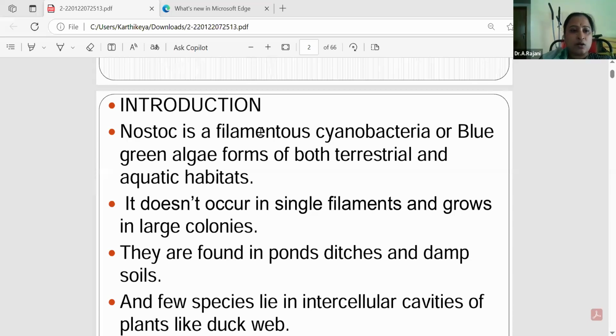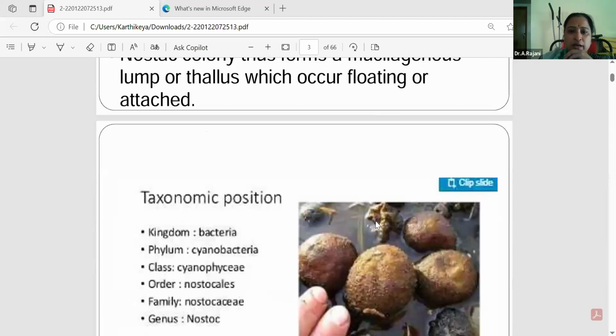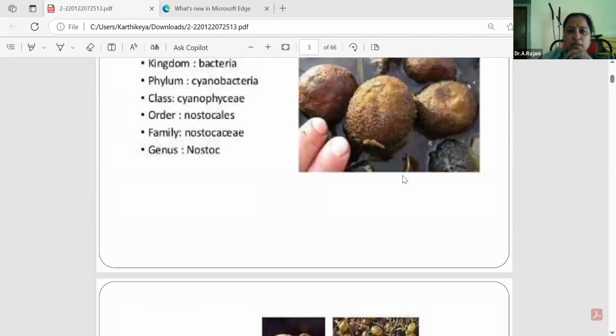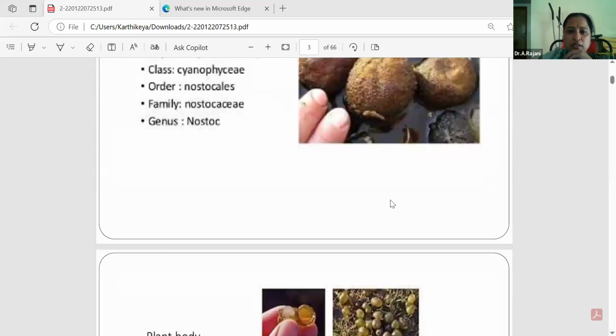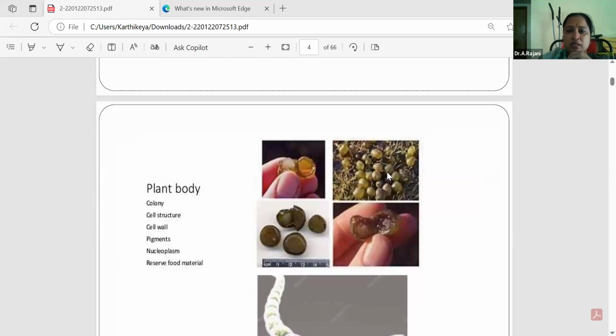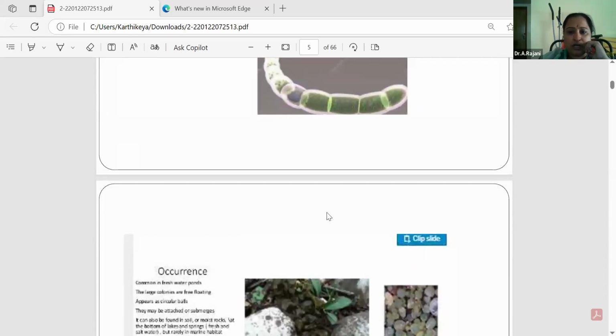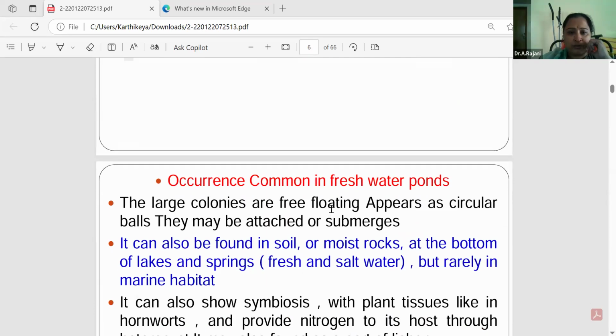The first one is Nostoc. The first type study is called Nostoc. First, you can observe the Nostoc diagram. See, this is a Nostoc picture. Just bead-like structures are there. You can observe pulse or bead-like structures, no? Beads or pulse-like structures are present in the Nostoc. See here, you can observe this. Okay, these are the Nostoc